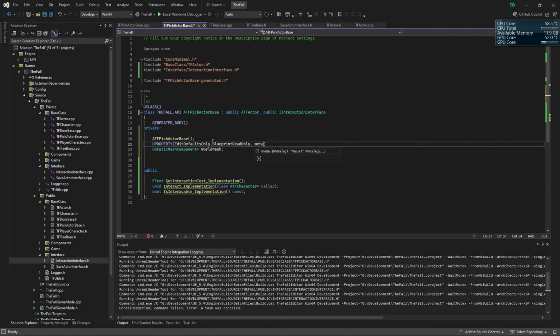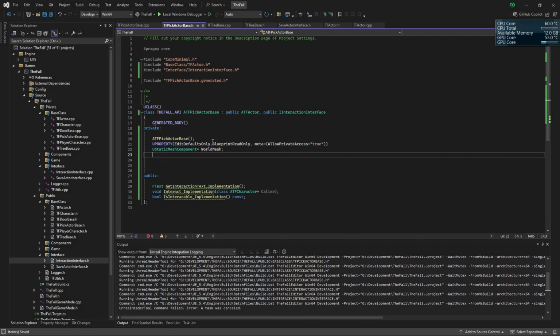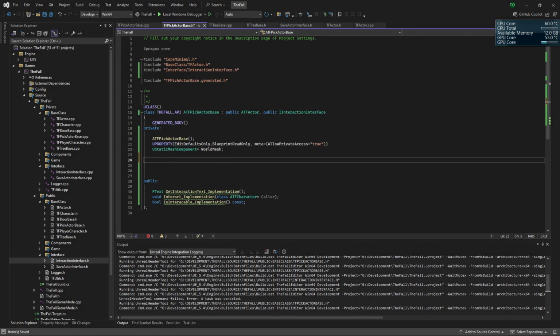And then we want meta equals allow private access equals true. Okay, and then I'm trying to think because we're going to want to expand this into